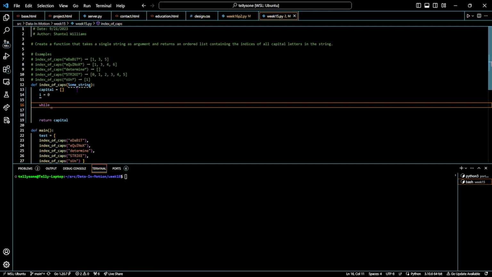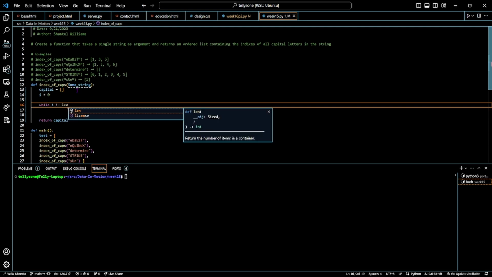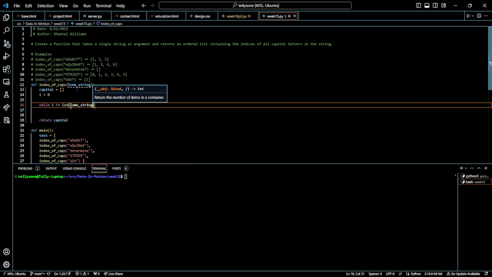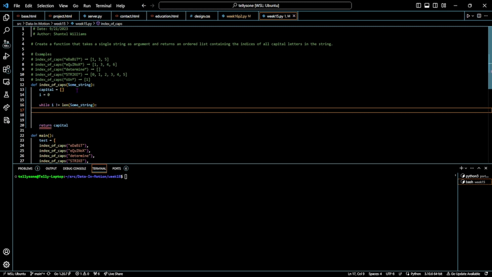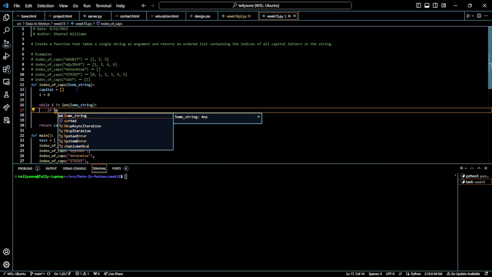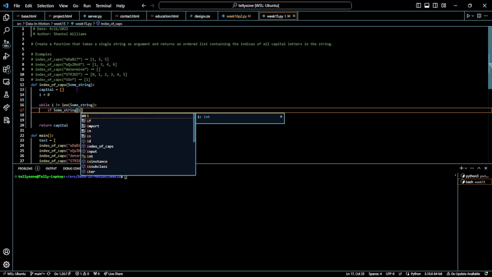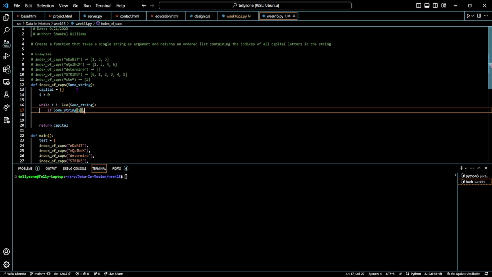So I'll say while I is not equal to, we're going to say the length of the list, and that'll make sure it stops at the last index instead of going out of bounds there. So we'll say length, and we'll say some string. So while I is not equal to the length itself, we're going to check and see if the letter that it's on is capital. So we'll say if some string and give it the I. That'll keep the index count for us. If some string at I is upper,